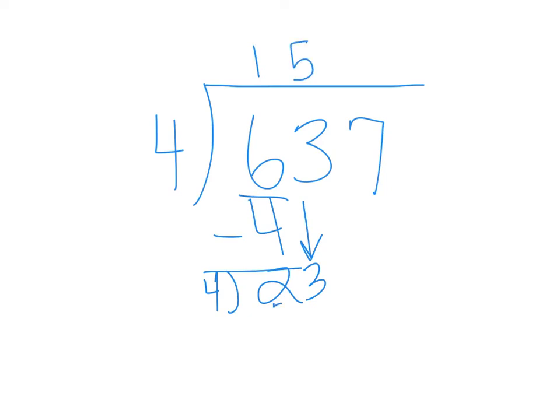5 times 4 is 20. That's pretty close. Didn't go over. I'm going to subtract. I'm going to get a 3 here. 3 is less than 4, so I'm good. And then now I'm going to bring down the 7, and I'm going to have one more division problem here. 37 divided by 4. Okay, this would be the hardest one at this point because now I'm dealing with bigger